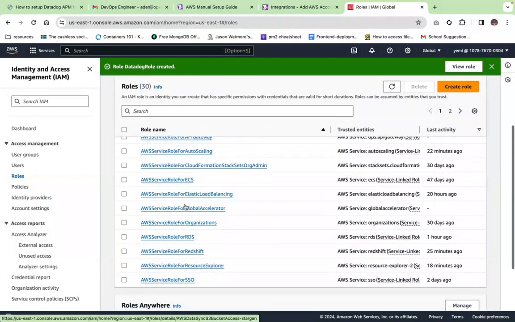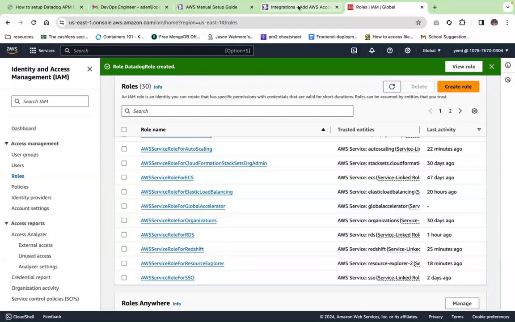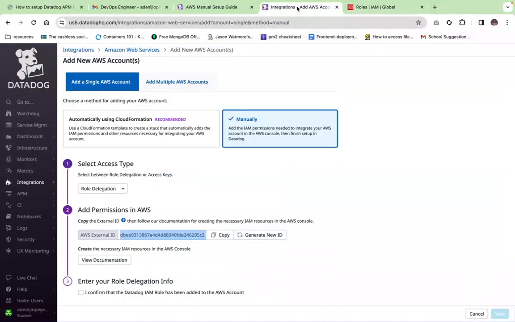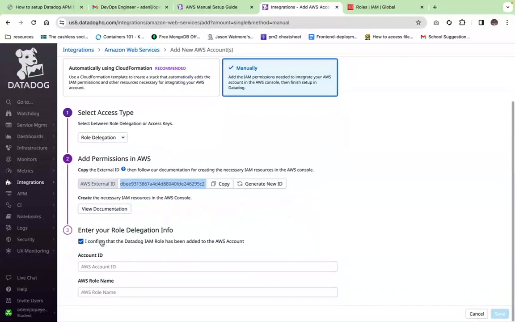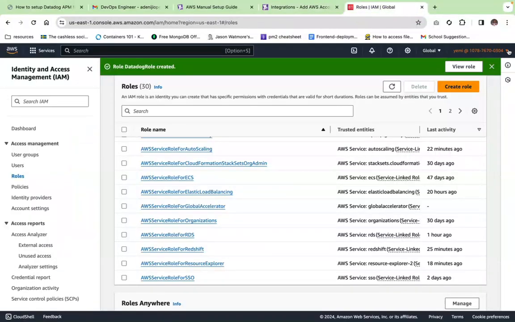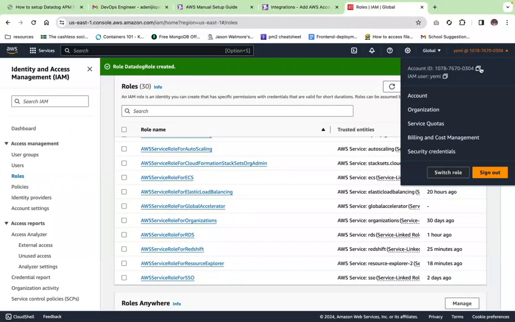So yeah, then all I need to do is go back to AWS, I mean Datadog. Then I check on this, I confirm that the Datadog has been added to the AWS account, right? Which we just did. Then I go back to my AWS account to copy my account ID,